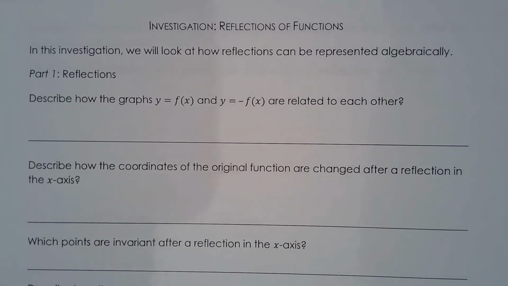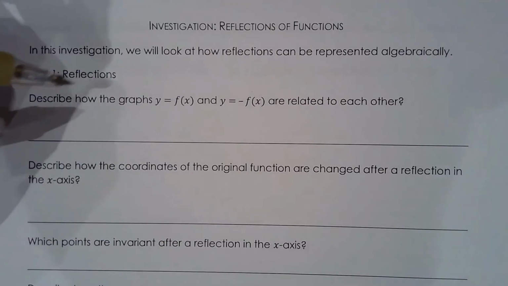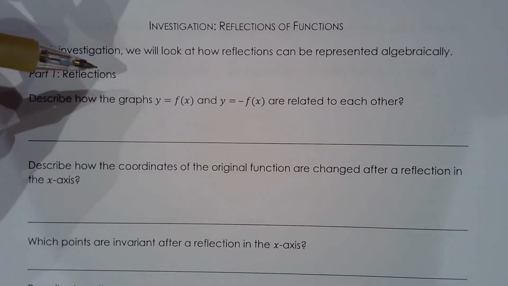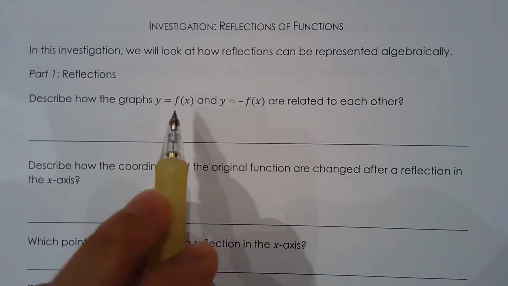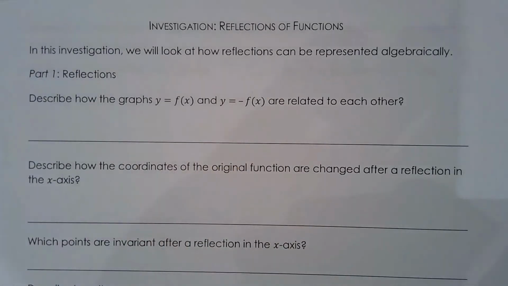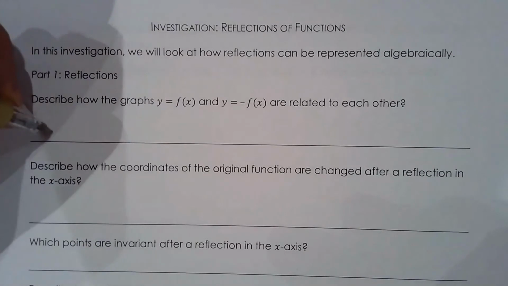Okay, so hopefully the animation was helpful. Let's answer the questions. Describe how the graphs of y equals f of x and y equals minus f of x are related to each other. Well, since I'm taking the previous output values and multiplying them by -1,